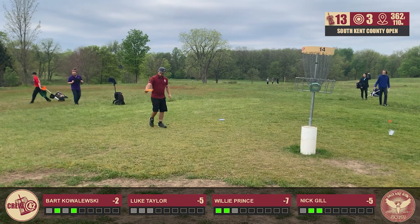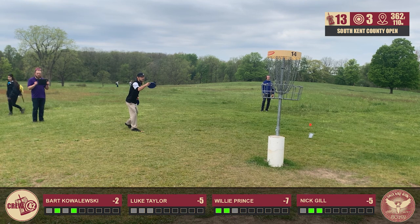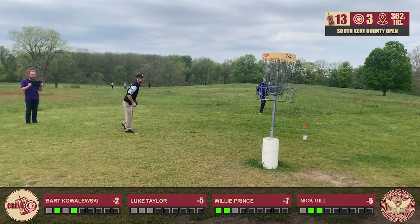He's kind of at the point now where he's so far back that he needs to, no matter where the putt is, he's going to go for it. Yeah, but you have to look, if you look down, and you think there's 2 rounds left,